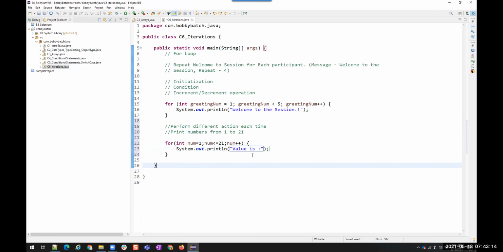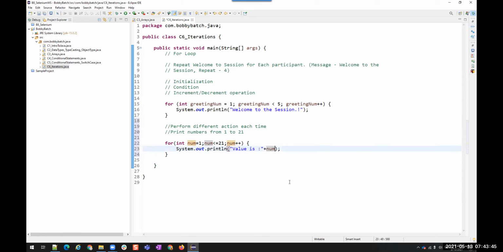Print "value is" plus num. Plus 1? No. Plus num, exactly. So if you are using this num, then only it will increase.